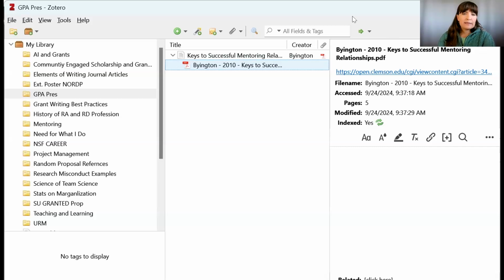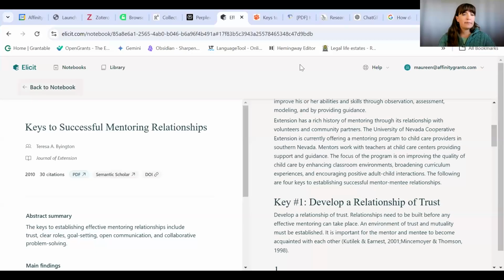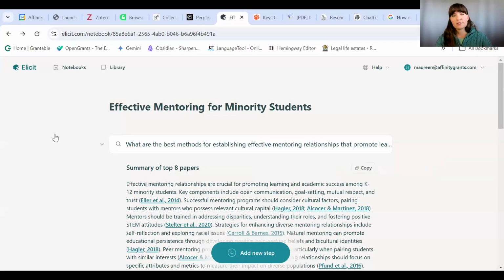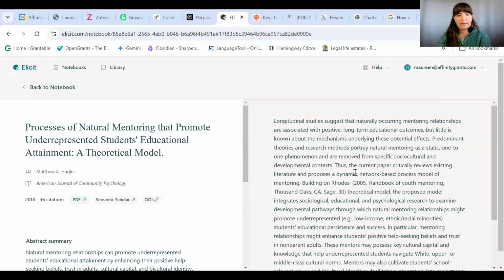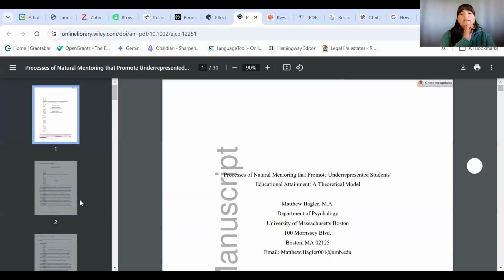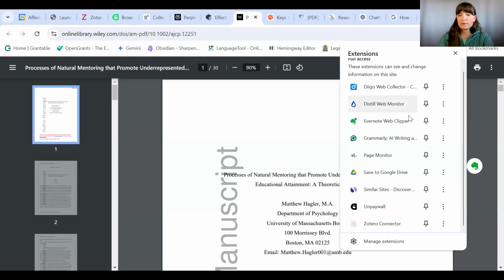Okay, I'm going to stop sharing this again, and let's go back to Elicit. Back here in Elicit, we're going to go back to that initial search or notebook that we had. And I want to show you another article. So if we click in on that first article, again, you're getting the abstract, you're getting Semantic Scholar, and again, you have a PDF you can actually access. So if we come in here and access this and try and do the same thing over here to this Zotero,